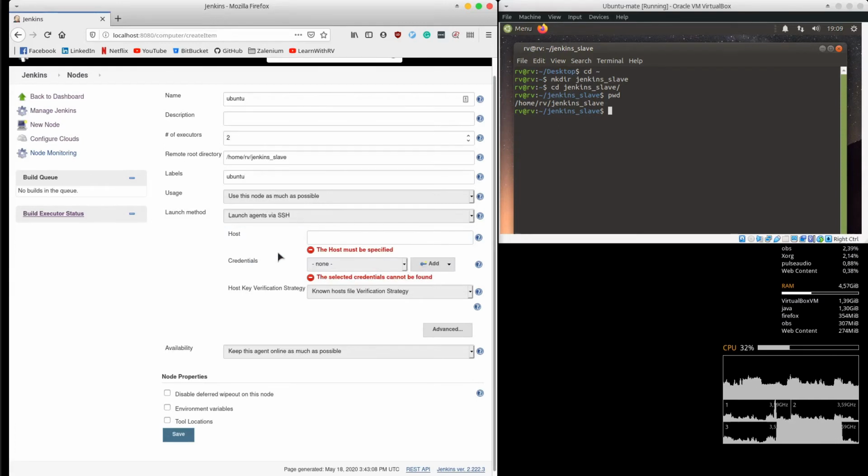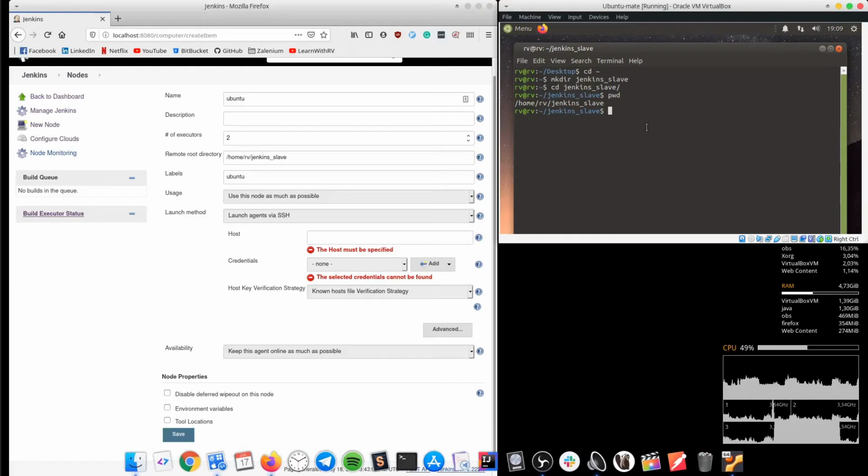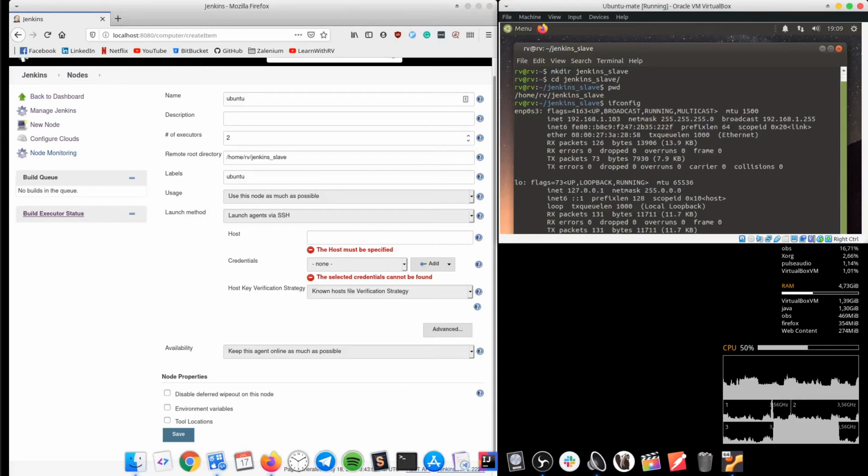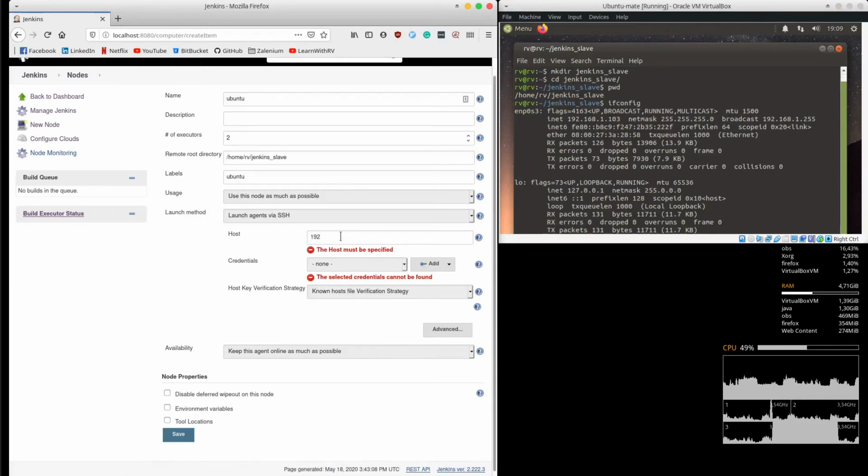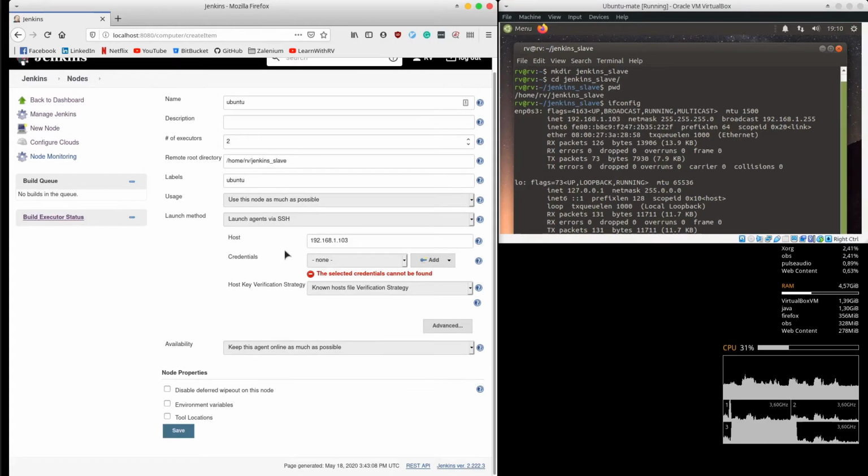The host is the remote machine's IP address. We also have to store in Jenkins the remote machine's user credentials. Click Add, Jenkins.